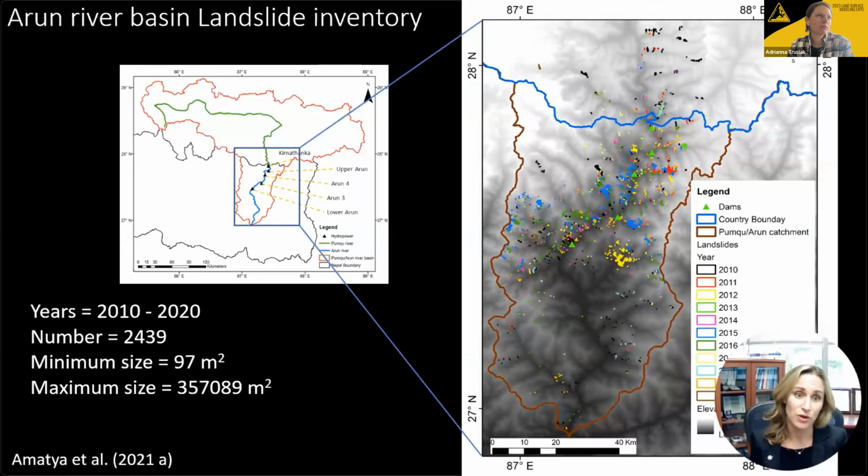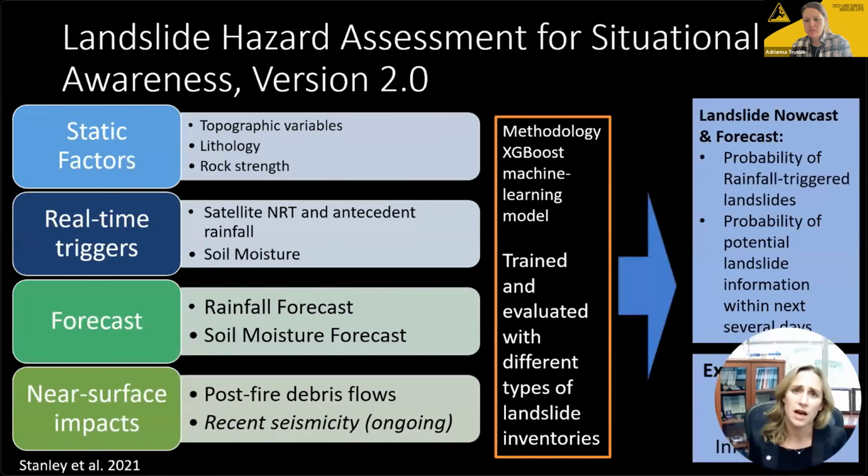This is an example of the Arun River Basin. You can see over the last 10 years, he was able to construct a view of where rainfall-triggered landslides, or landslides in general, are occurring in this basin. This was helpful to inform hydropower projects for the World Bank, where they're looking to understand the geohazards associated with those areas. Now this algorithm is open source and is also being worked on to evolve to use for Google Earth Engine. And it can be used with optical data that is freely available, such as Sentinel and Landsat as well.